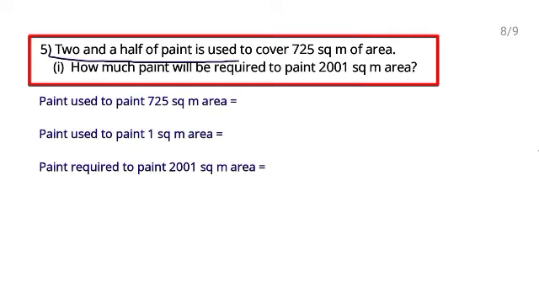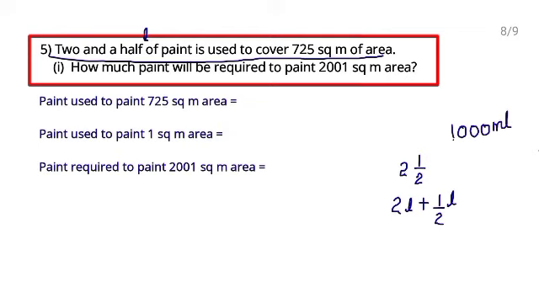2.5 liters of paint is used to cover itne square meter of area. Students, here this is in liters. Now 2.5 liters का मतलब क्या है? Let's understand. 2 liters plus half liter, right? हाफ लीटर का मतलब क्या हुआ? 1 लीटर का मतलब होता है 1000 मिलीलीटर, बट हाफ लीटर का मतलब क्या होगा? 500 milliliters, right? So you can write it as 2.500 liters.